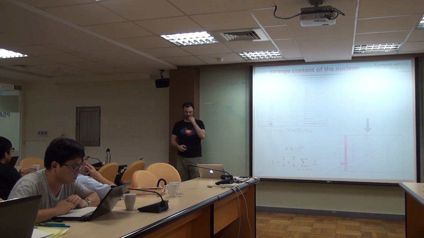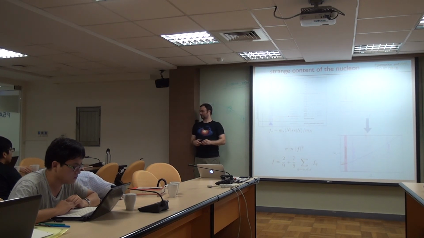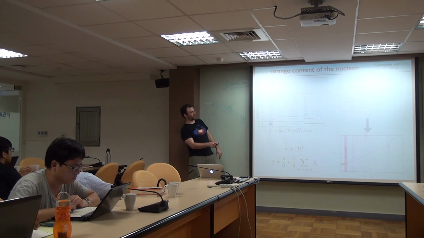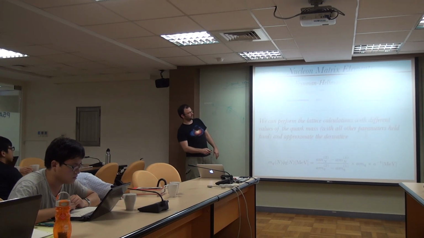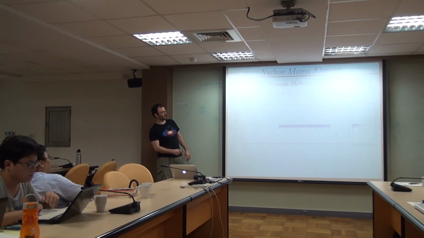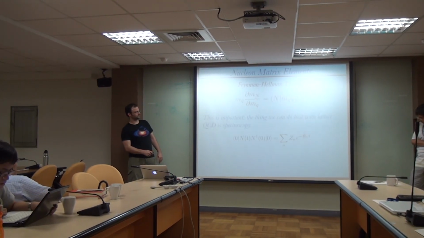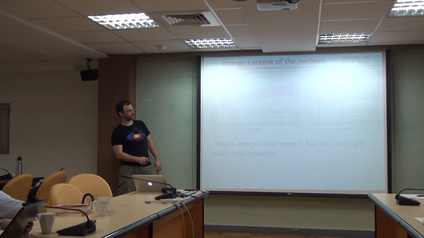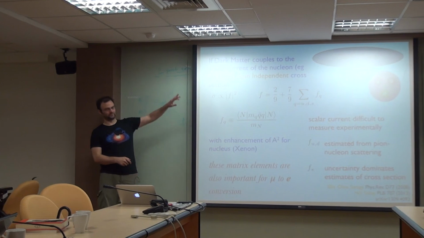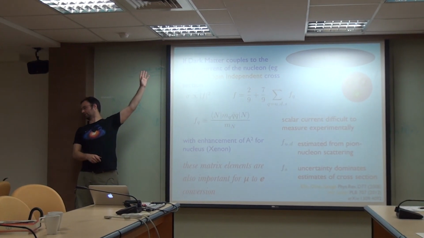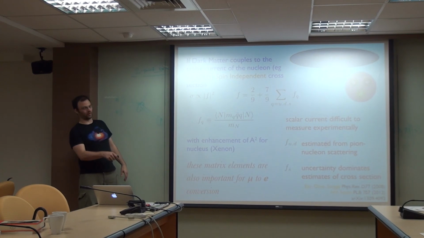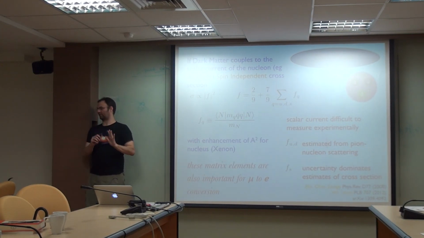Yes, I don't have it on my computer. The situation is very depressing with the latest LUX results. The LUX detector has killed almost all, I mean, it's very tight constraints on dark matter. Of course, what we don't know is this side, whatever that coupling is. And so just knowing this part helps put that constraint up there. I don't know the number off the top of my head, but